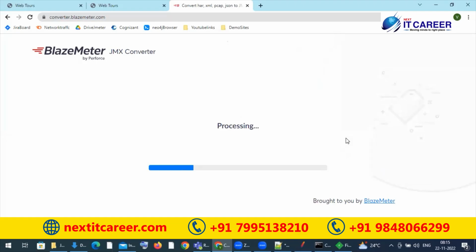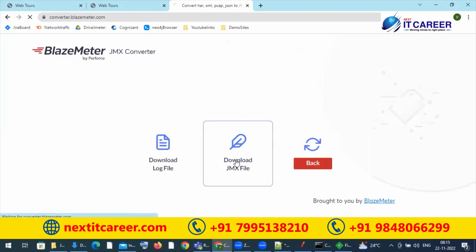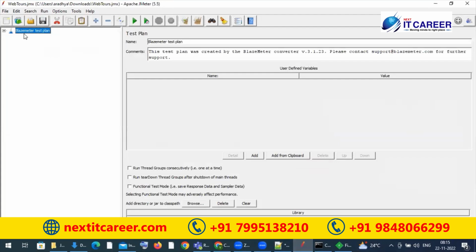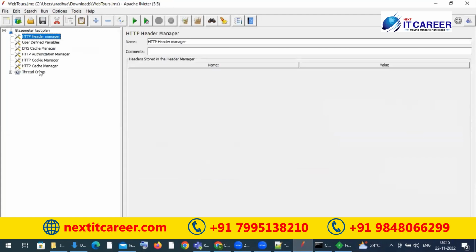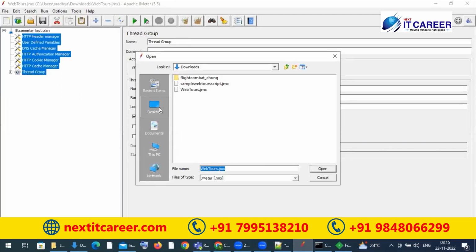It's converting, and once it is converted, it will open. Does JMeter support the .saz format? No, that's the reason I told you that you need to export it as a HAR file. Okay, .saz format LoadRunner will support. So I am removing all these things. Or okay, I will try to open whatever we have downloaded. Again, it got downloaded in